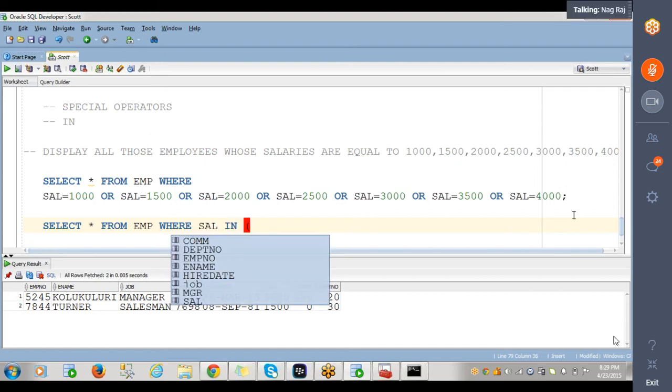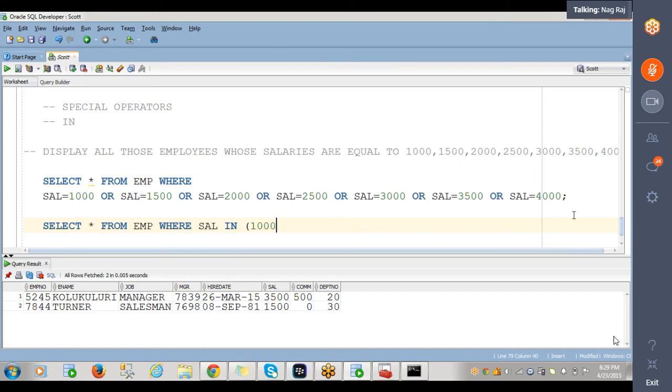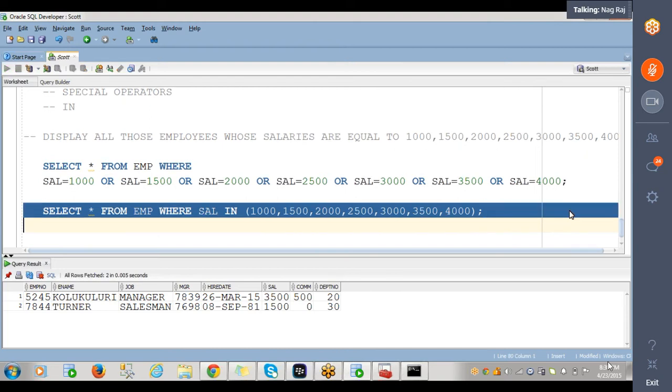the IN clause: in 1000, 1500, 2000, 2500, 3000, 3500, 4000. So in short, what you have created is a list, right? A list having all your inputs. Now what are you trying to say to the query? Find out the employees who have a salary which is present in this particular list. Now if I execute, I'll get only those two records,